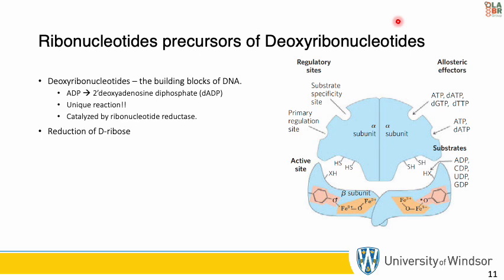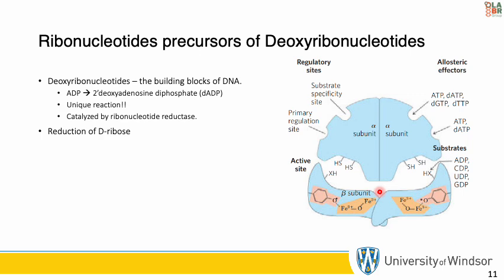This enzyme, ribonucleotide reductase, is notable in that its reaction mechanism provides the best characterized example of the involvement of free radicals in biochemical transformations, once thought to be extremely rare in biological systems. It exists as an alpha 2 beta 2 dimer, with the catalytic subunits, these alpha 2 units, and the radical generation subunits, beta 2, down here.